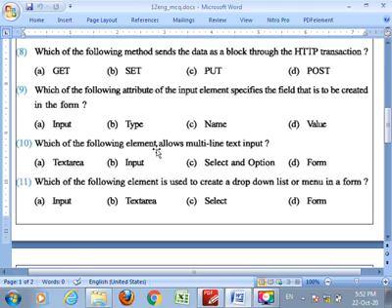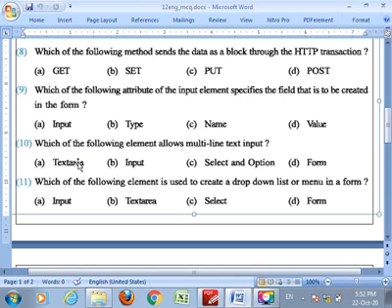In our registration form, when I want to get more than one line in our address field, so I use the address text area. Clear? And I use the text box control to get the username, name, and mobile number, which I get in one line, but if I want to get more than one line, I use the text area.